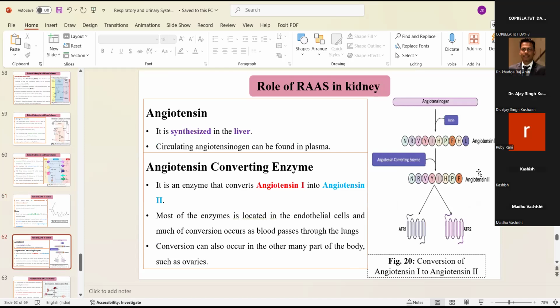Here you can see in the figure the angiotensinogen in the presence of renin is converted into angiotensin 1, and after that there is one enzyme known as angiotensin converting enzyme, which is commonly known as ACE enzyme, that helps in the conversion of angiotensin 1 to angiotensin 2, and that angiotensin 2 has various